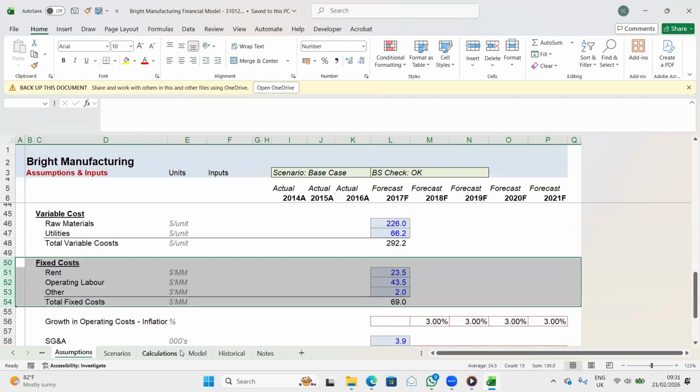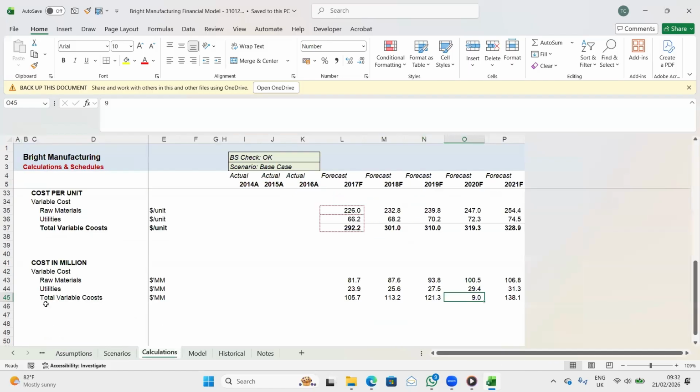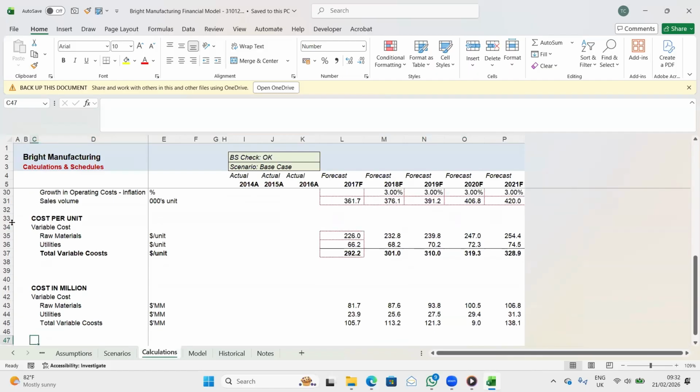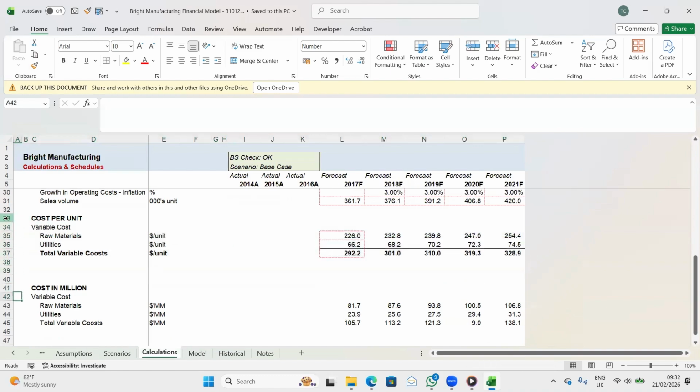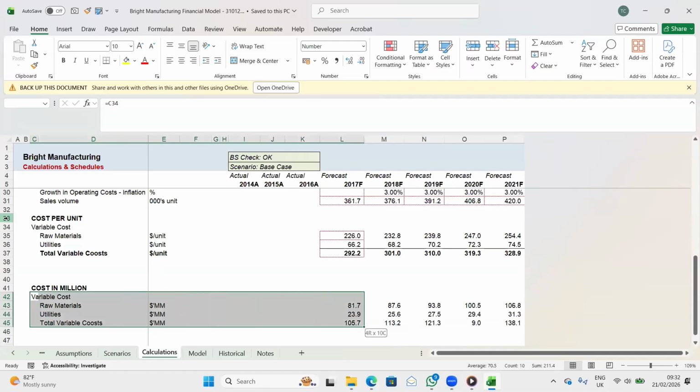We are going to repeat what we have there first of all. Just like we have variable cost here, we have fixed cost. Remember, I'm not working under cost per unit. I'm working under this cost in millions, right? Because I'm forecasting, just like I forecasted variable cost in aggregate here by multiplying it by the,